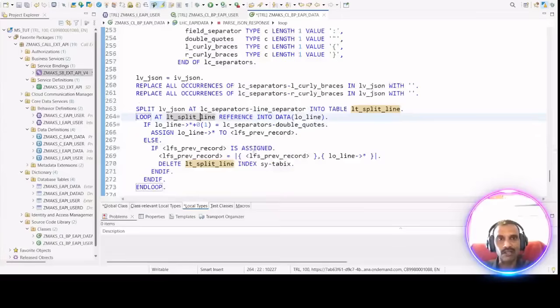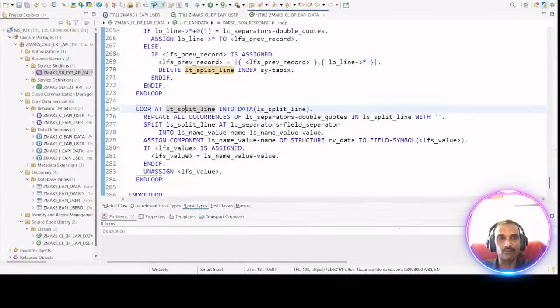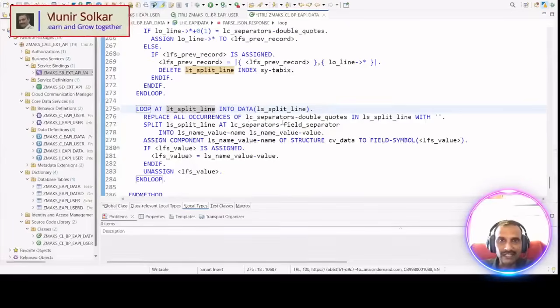Using that record, if my first record is not a double quote, that means the value has a comma in it, that I am concatenating back here using this assign, and then using that previous record and deleting it. So now finally I will have the key value pair here, wherein I just go read